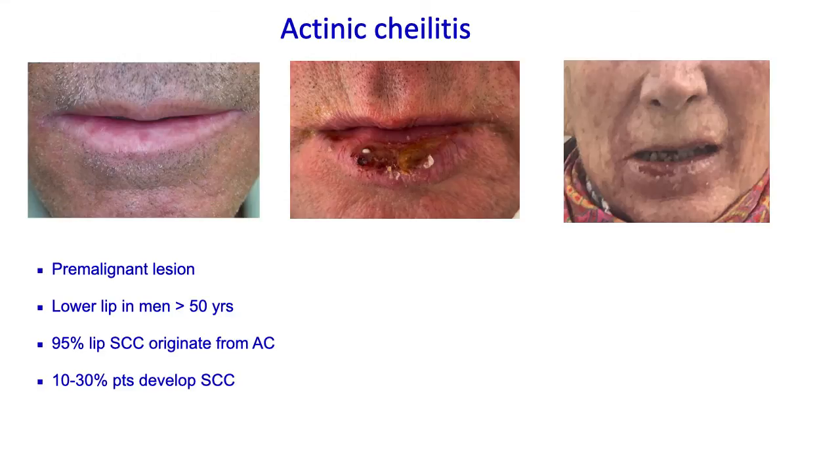Actinic cheilitis is the last type of cheilitis I wish to talk about today. Patients may just present with these thin, violaceous lips that sting in the sunshine, perhaps sting when they eat certain foods. They may blister and they certainly will peel. It's pre-malignant. 95% of SCCs follow on from actinic cheilitis, and up to 30% of patients with this will then develop a SCC. So it's crucial to identify